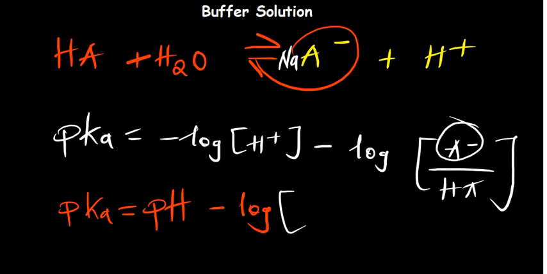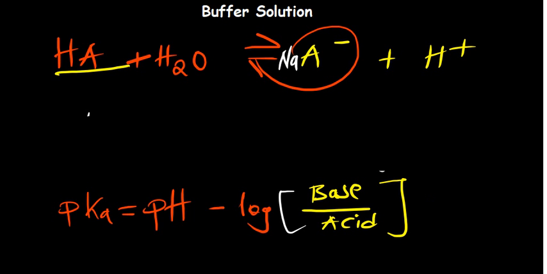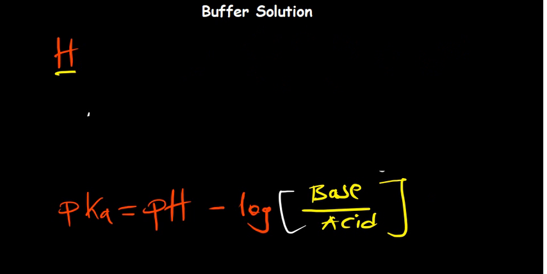Then we'll say divided by what is on the bottom. Of course, HA is our acid. Take note it's a conjugate base over the acid, so that you know that this is the equation that you are going to be working with every time you're trying to find the pH